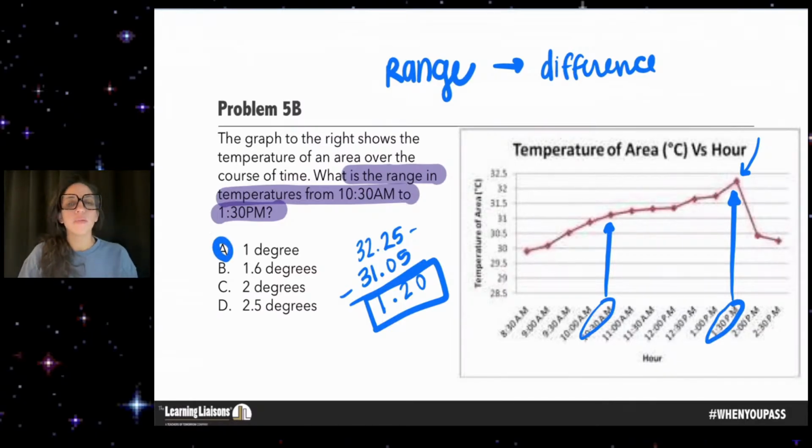In this kind of problem, you just have to realize that I chose 31.05. It could have been 31.25. It could have been 31.3. And so those estimation values make it a little bit more difficult to evaluate. But as long as you're not gravely off with your estimation values, which is really what they're going for here, they want you to be able to estimate values on a graph as well as understand range. So we're looking at two different skills here. We're looking at range and knowing what range is, and we're also looking at estimation. Then you have nailed this problem.